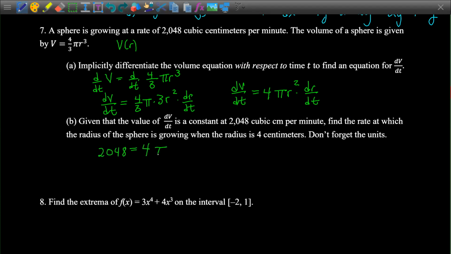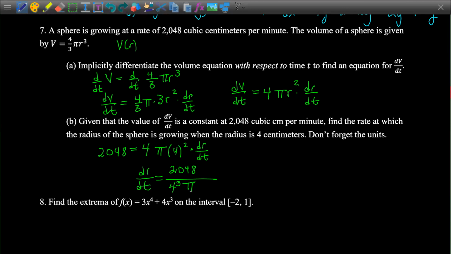And we have our 4 pi r squared, and the rate, actually, let me go ahead and fill in. So we're looking for dr/dt when the radius is 4. So that's our value for r, so it's 4 squared. And then dr/dt is the variable here, so to speak. It's what we're solving for anyway. So we just do that simple. So we have a 4 times a 4 squared. So this is 4 cubed